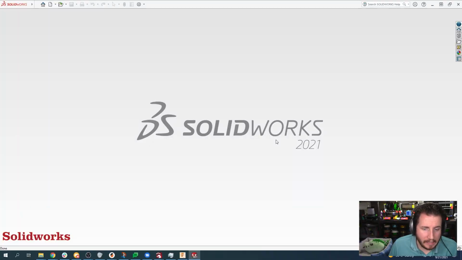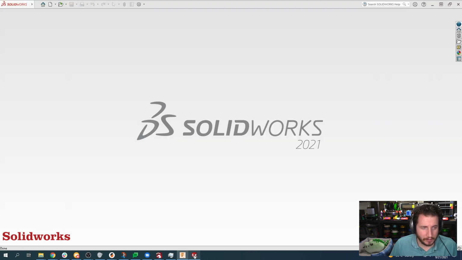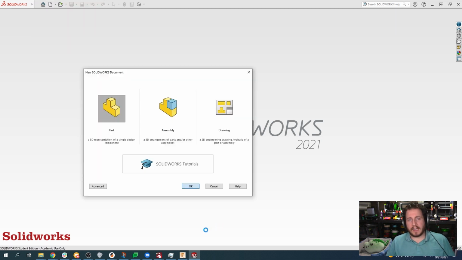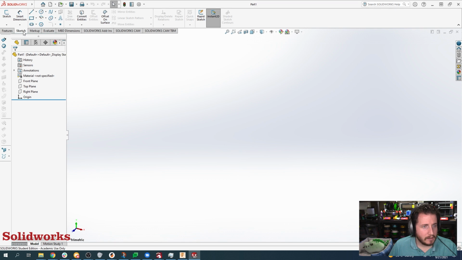Okay, and once you get SolidWorks open, it looks actually quite similar to Fusion 360. Fusion 360 is a little bit prettier. Like, I'll give Fusion that. But, I mean, ultimately, let's just do a new file. Now, we don't have to do this inside of Fusion. It just auto brings you into a new file. But if you are going to do a part, assembly, or a drawing, it is nice to be able to choose right from the beginning. Okay, and there we go. We now have SolidWorks open,